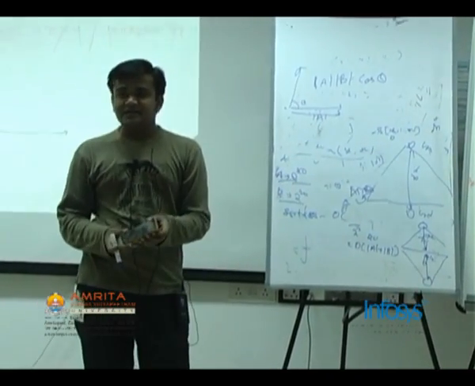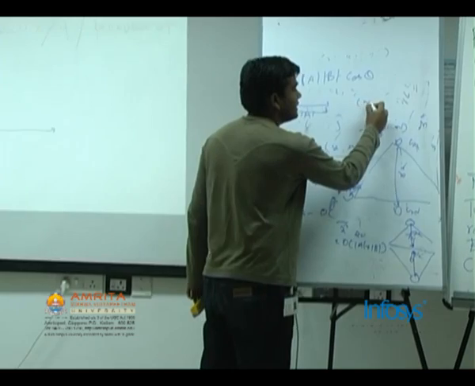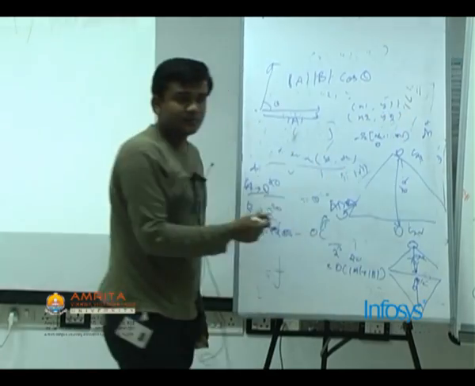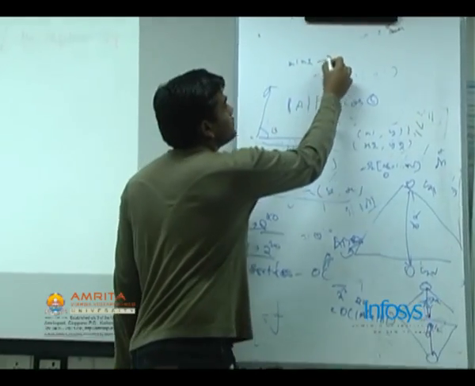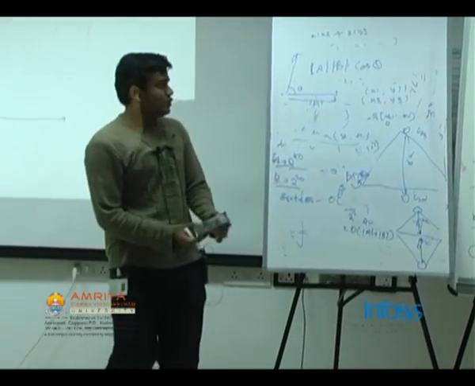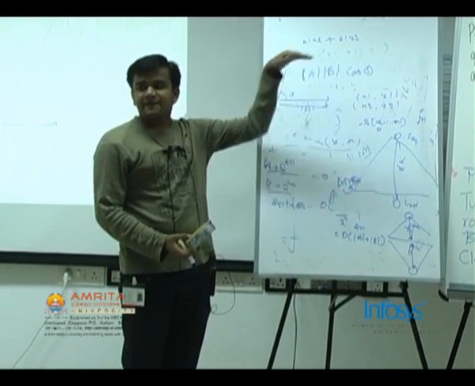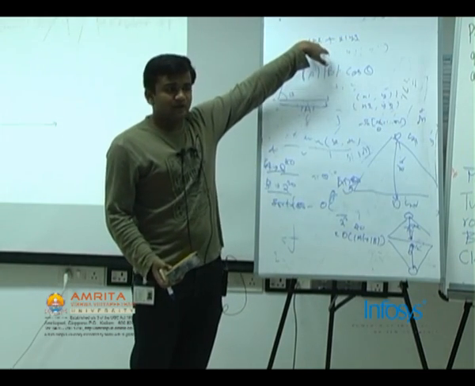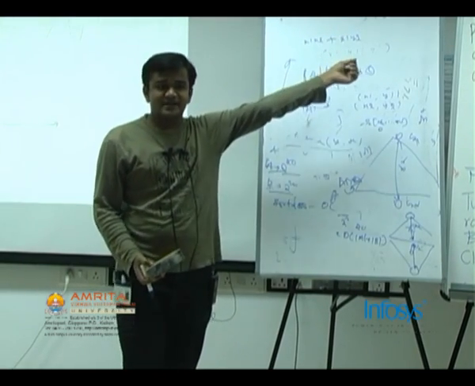Now if we have vectors in terms of components, that is we have a vector x1 comma y1, and another vector x2 comma y2, the dot product we can simply obtain as x1 x2 plus y1 y2. Is this clear? So if we have magnitudes of the vectors and the angle between them, we can use this formula. If we have the components of the vectors, we can use this formula. So if we have the components, the formula is x1 x2 plus y1 y2. If we have another z, you can add another z1 z2 to it.